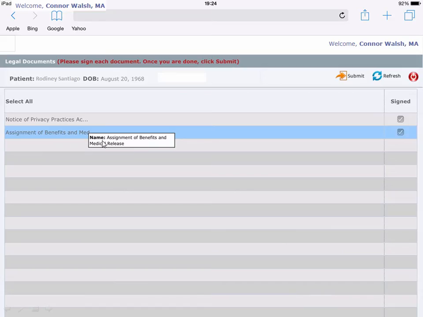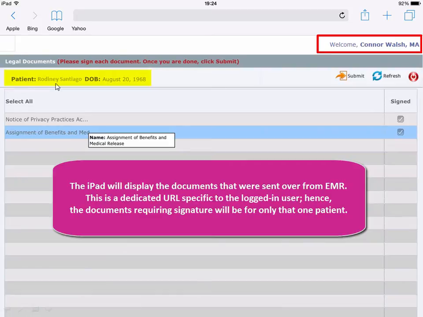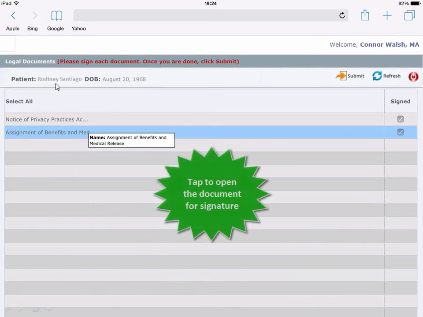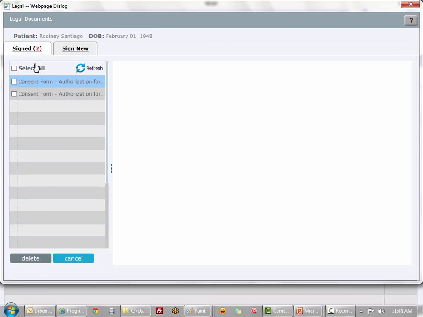Then, of course, I can hand the patient the iPad and they will see something similar to this. Notice it defaults to only those documents for Rodney Santiago which were just submitted. You'll see here that I am logged in as Connor. Now to sign each document, the patient will simply tap on it. When it appears on the screen, they will sign it, and then when all documents are signed, they will click the Submit button. That, of course, will then transfer them back to EMR, where they will appear on the Sign